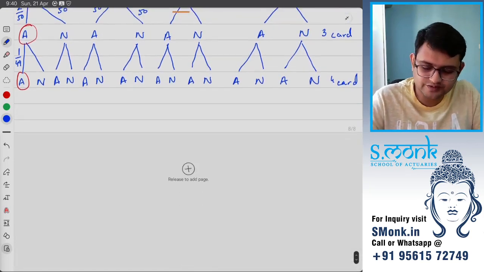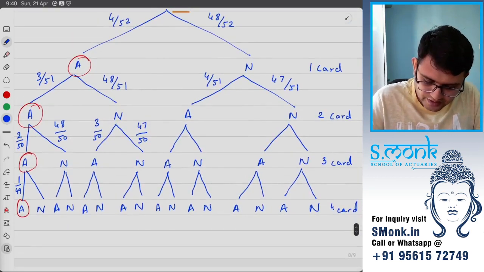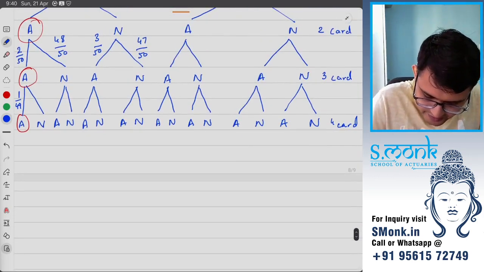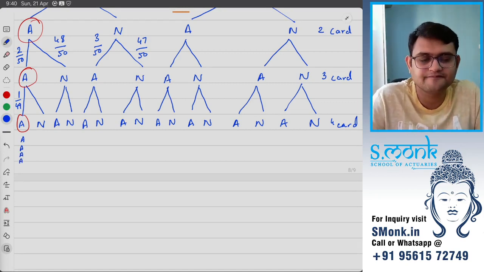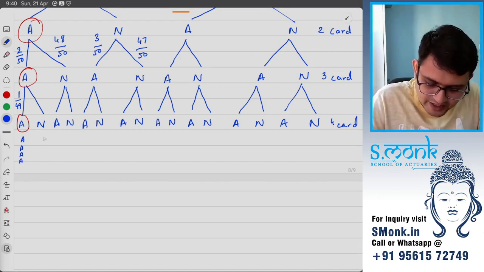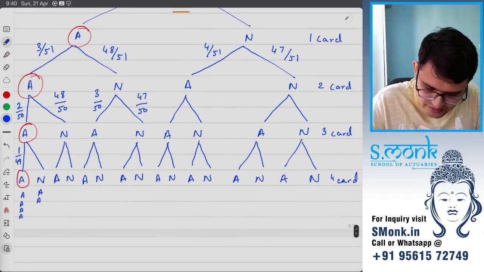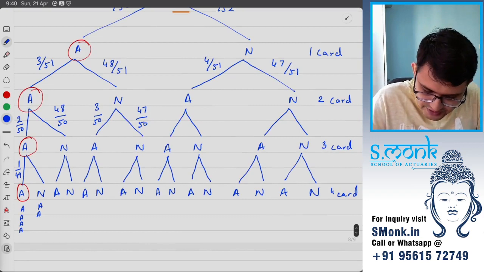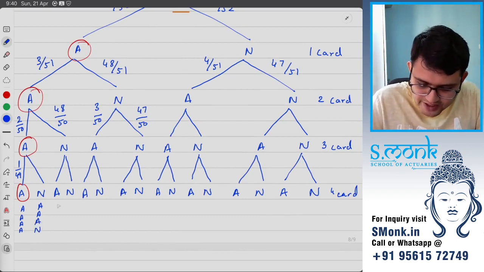Now what are the possibilities that I am getting here? So what am I getting? I'll write it here. This one is giving me 4 aces. This branch is giving me ace, ace, you can see here, ace, ace, ace, and then not an ace. This branch